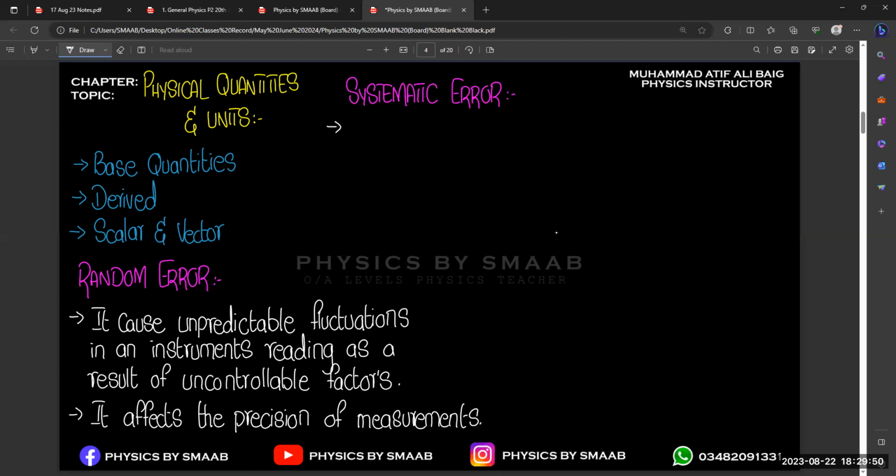Like if we are working with electricity and we are using old cells, old batteries that were already half drained, that will also change the value of the electric current. We are supposing that these batteries or cells are new, but they are old. So that automatically decreases the accuracy of your results, right? So it arises from the use of faulty instruments